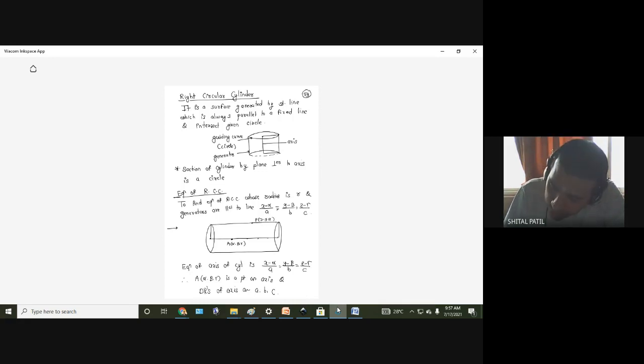Now what I'll do na, from the point P, I'll draw a perpendicular to the axis like this, and I'll get a point M, some point on the axis. Then I'll join the point AP. Okay, I'll join the point AM also. So now I have a right angle triangle APM, and I can use Pythagoras theorem for this triangle APM. And using the Pythagoras theorem, I'll get the equation of cylinder. But for that, I should know every distance. To use the Pythagoras theorem, I should know the distance AP, PM, and AM.